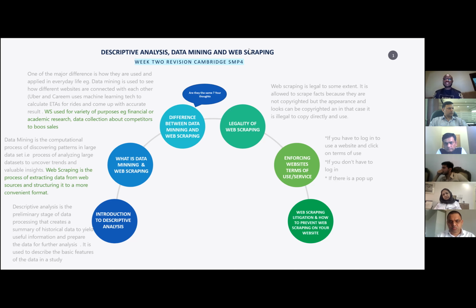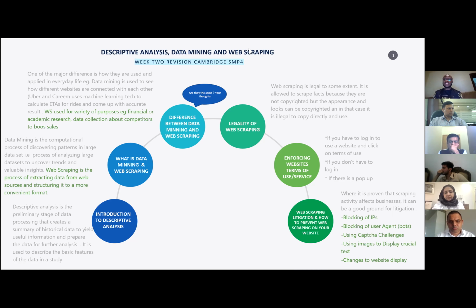The last bit of this is the litigation, which I've spoken to largely, the litigation around web scraping activity. I said when it is proven that scraping activity affects businesses, it can be a good ground for litigation. So companies, like I said earlier on, have different approaches, different modes with which they've restricted people from scraping their website or from having unauthorized access to their website and their content. Some of this is blocking the range of IP addresses from accessing the website, blocking of user agents, e.g. the bots,